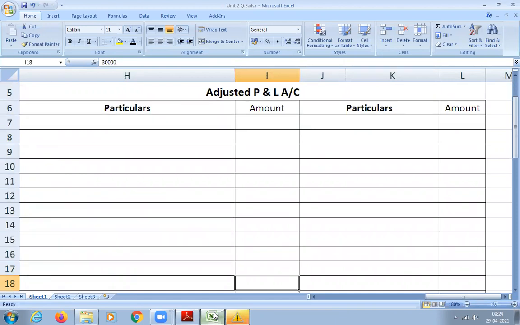Quickly draw the table in your class notes, all of you. You have to show your notes when you come back. One day, I'll set aside time only for checking your notes, even online. I can check your notes even online. So please prepare your notes, write in your notes day by day. Don't keep anything pending. You have to write simultaneously. If you want me to go slowly, I'll go slow also, not a problem.